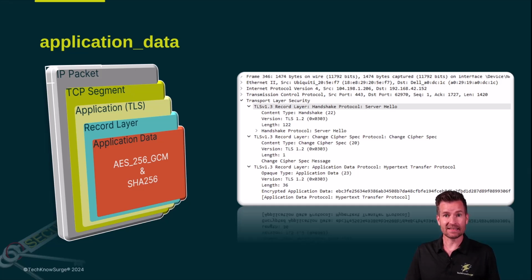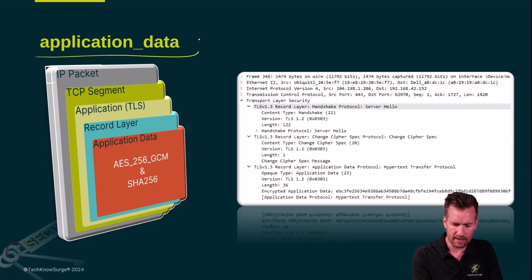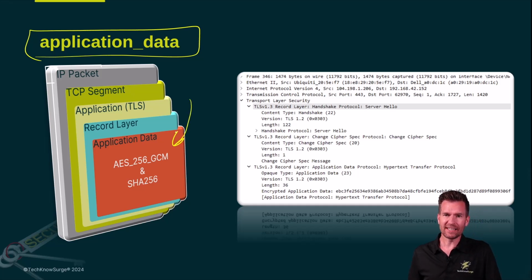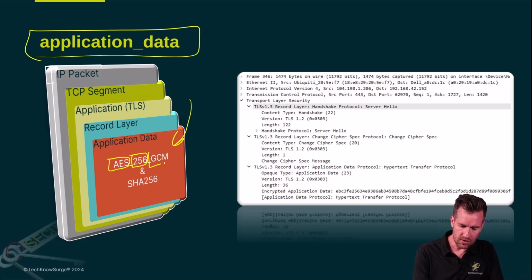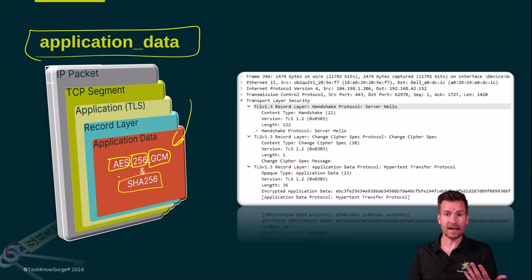In TLS, the bulk of our communication is going to be encrypted, and it's going to be encrypted with this application data for the content type. So in this example right here, we're using the cipher AES. We're using a key length of 256, and we're using the mode of GCM. For our integrity piece, we're using SHA-256. But there are a lot of different combinations out there, and that's where our Cipher Suite comes